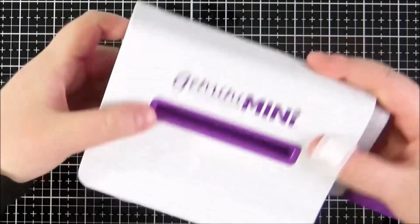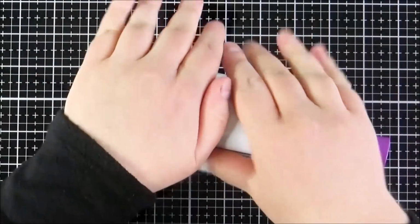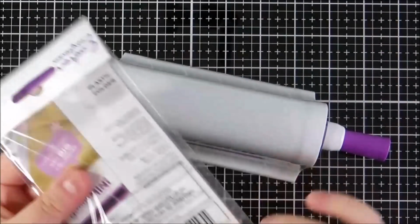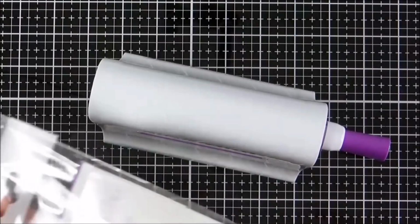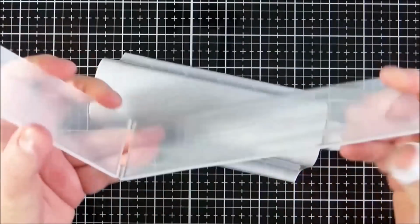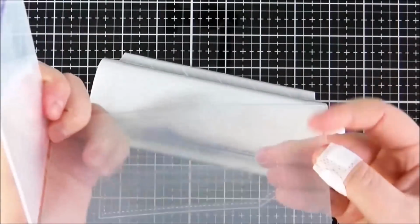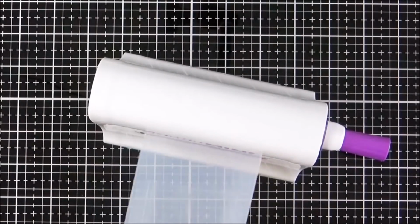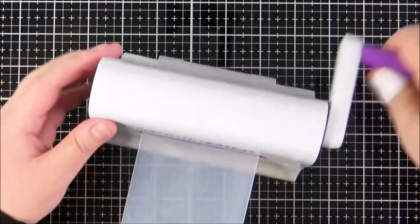Next up is the Gemini Mini, and I've been looking for a die cutting machine for a little while now, one to replace my Sizzix Sidekick, and I saw that this was out. I think it's only been out maybe a month or so. I'm not sure it's even in many craft shops at the moment, but I love that it's kind of like a smaller version than the Gemini Junior, and they do have a Gemini Go which is electronic,